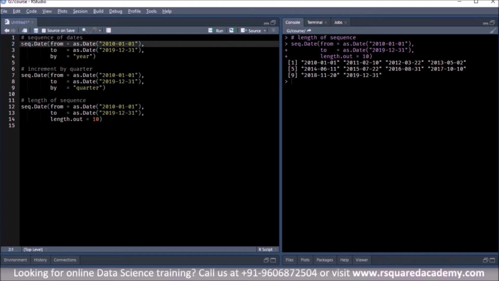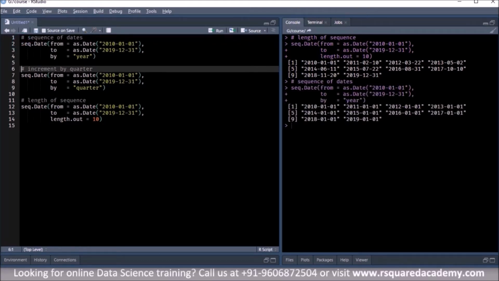If you remember, in the first example, we still had 10 dates, right? You can see this also has 10 dates, but since we had specified the unit of increment, it was always in the first month. It had the same month and the same date. Only thing that was changing there was the year. Now if you look at this sequence, it also has 10 dates, but the month and the day have changed here, right?